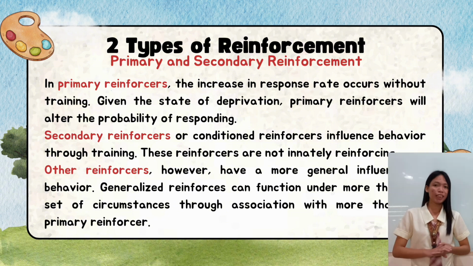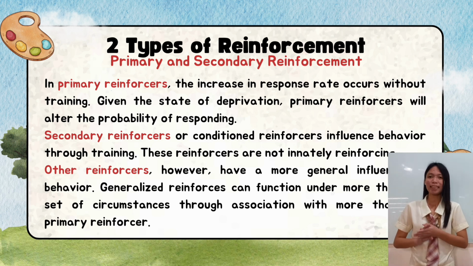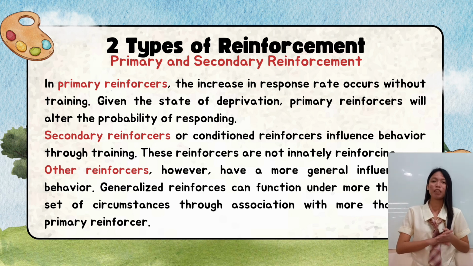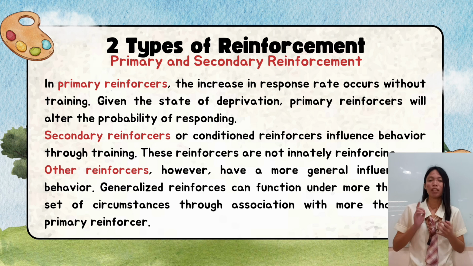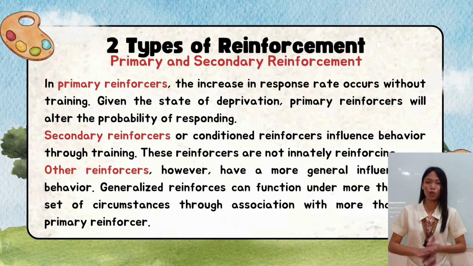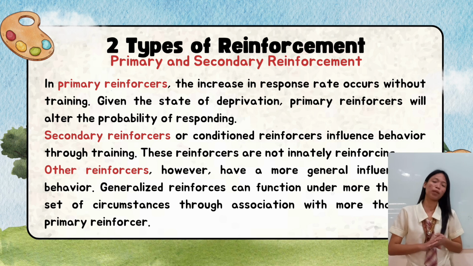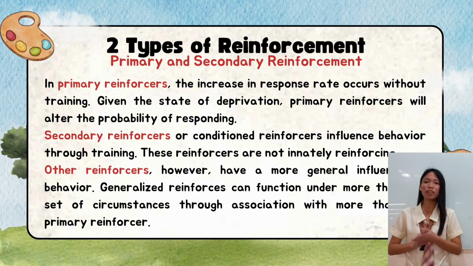Let's proceed to generalized reinforcers. Generalized reinforcers is a type of secondary reinforcer that has been paired with multiple primary reinforcers. Some examples of generalized reinforcers are approval, attention, and congratulations. As future educators, we should congratulate students for their achievements, no matter how small or big. In this way, they can feel a sense of recognition and approval, which can motivate them to continue to perform